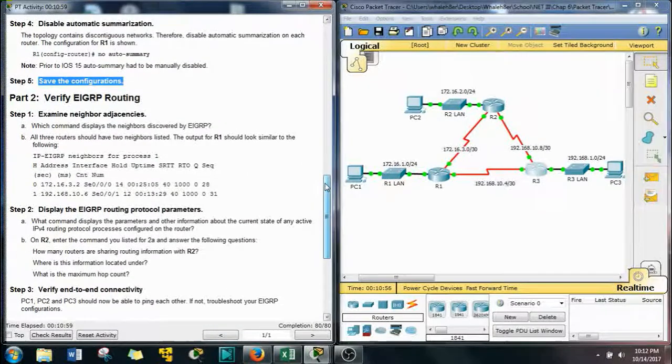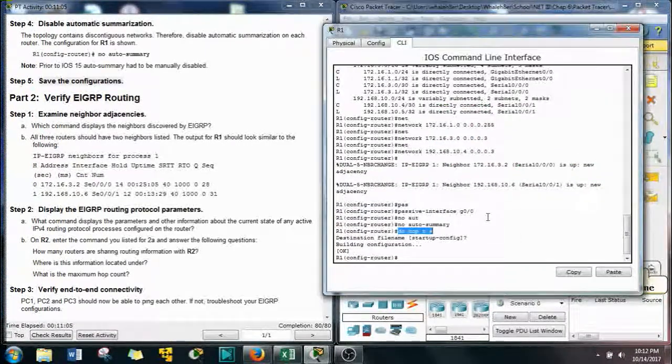Now we also need to finish these questions here. Which command displays the neighbors discovered by EIGRP? And that is,